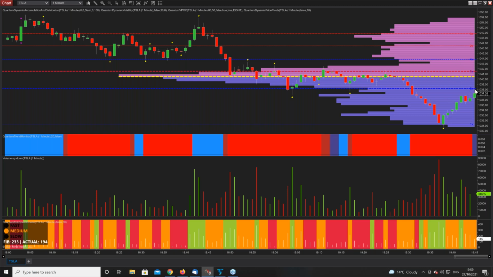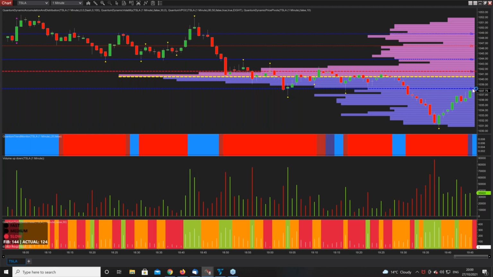This is coming up to test this. So for this to break through here, we've got to get through here. We need to see decent volume. We've got some weakness coming in. The volume's falling away on that last candle. Tried to rally. Let's see if it tests it, if it's able to get through there. Let's see what happens. Just wait a couple of minutes to see what happens on this particular chart, because it's